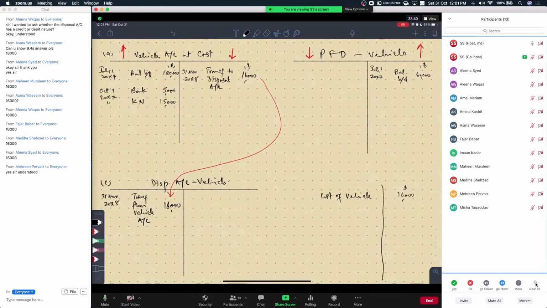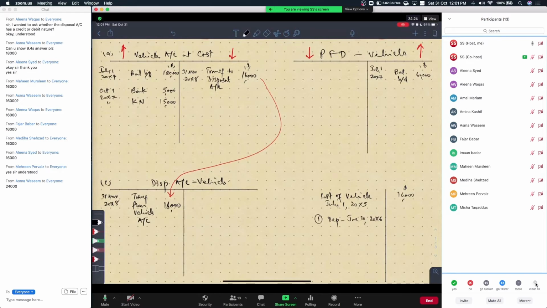And that was bought on 1st of July 20x5, right? So on 1st of July 20x5, we had a motor vehicle and we used it for many years before it was finally disposed of on 31st of March 20x8. So when would be the first ever depreciation charge on this? The first ever depreciation charge must have been on June the 30th, 20x6. And that must be 40% on the net book value, which is